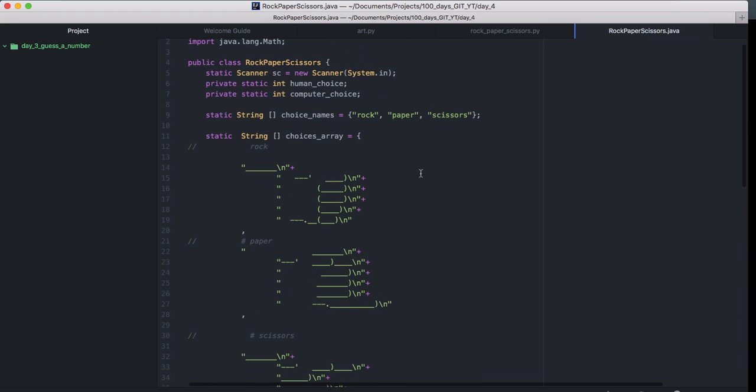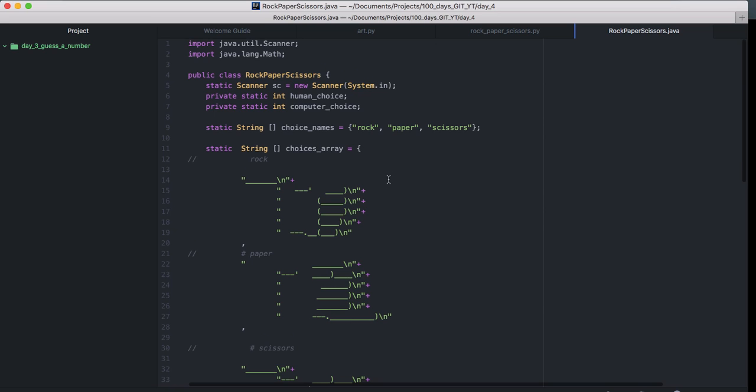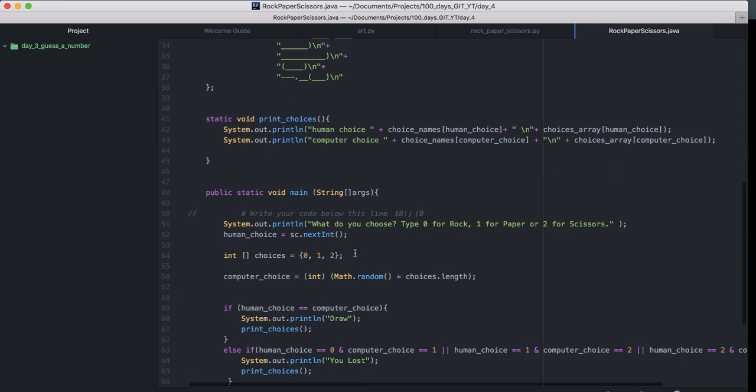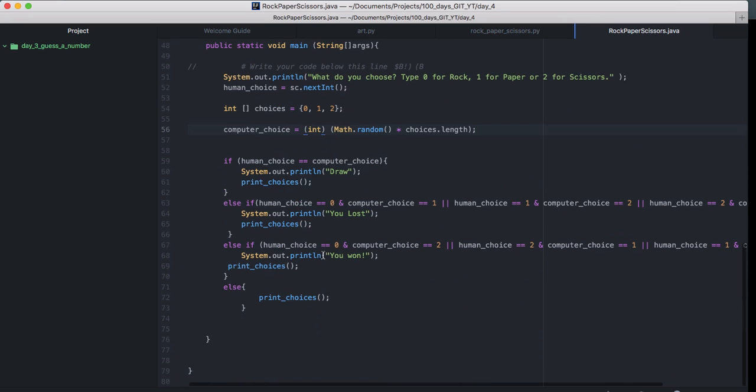All right, cool. Let's dive into the Java part, okay? As you notice, we have our friend Scanner, which takes our input from the keyboard, and our method, which we introduced earlier to give us the random choice for the computer, right? And then we have a bunch of the same stuff here, comparisons. If this is the same, it's a draw.